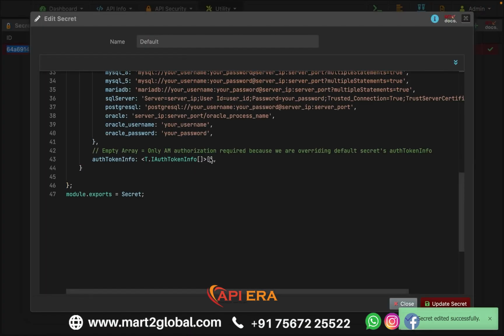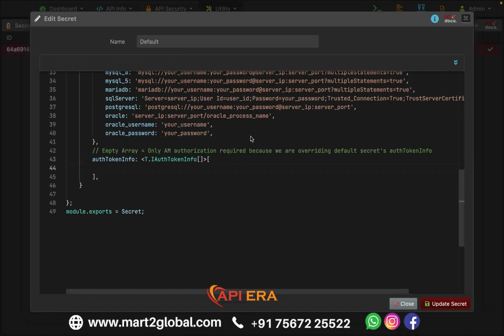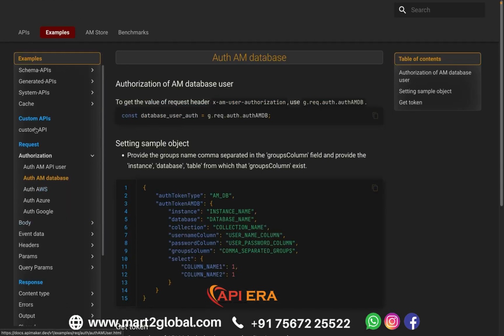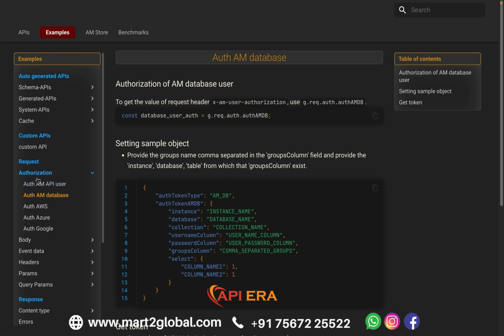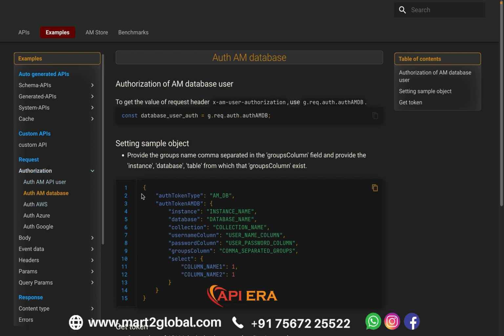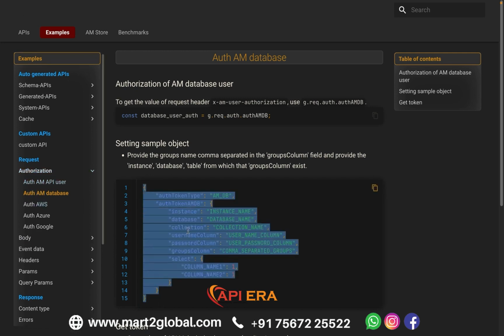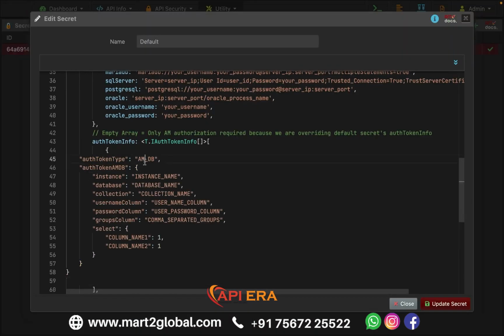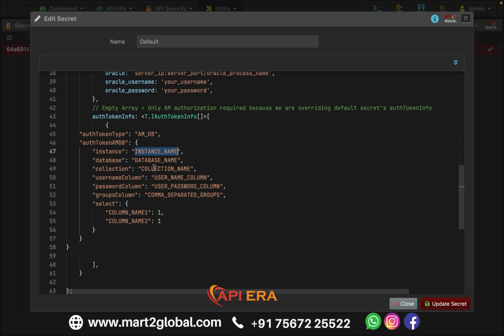But for other users, let's say for database, either you can click on this I button, or if you open the documentation, in these examples, authorization AM database, you can copy this entire object and paste here and modify the details accordingly. I will copy paste my object